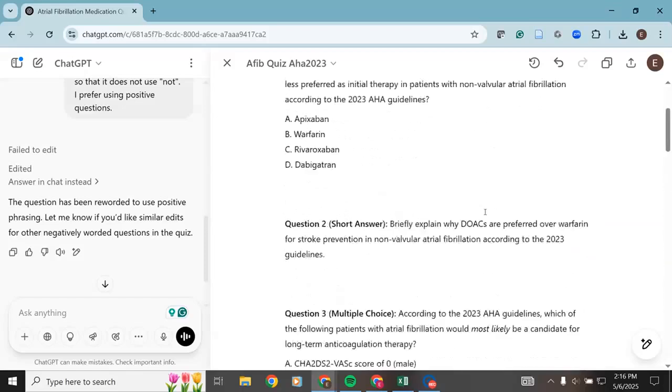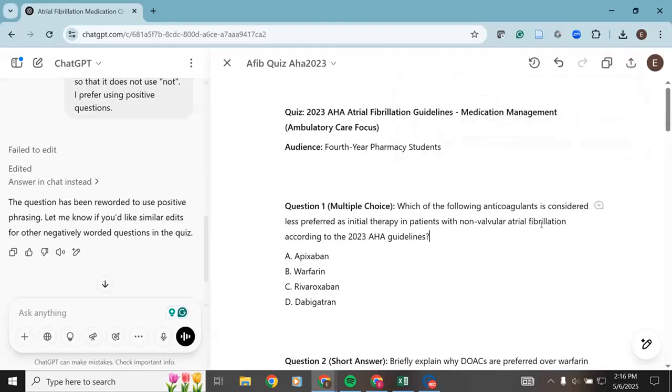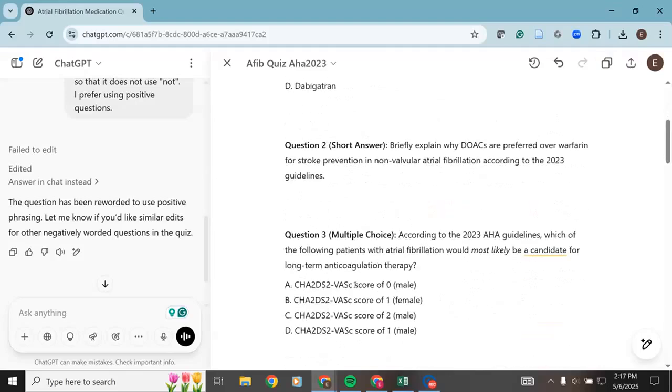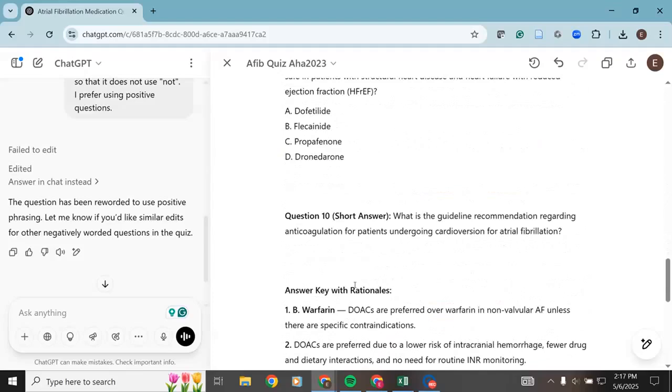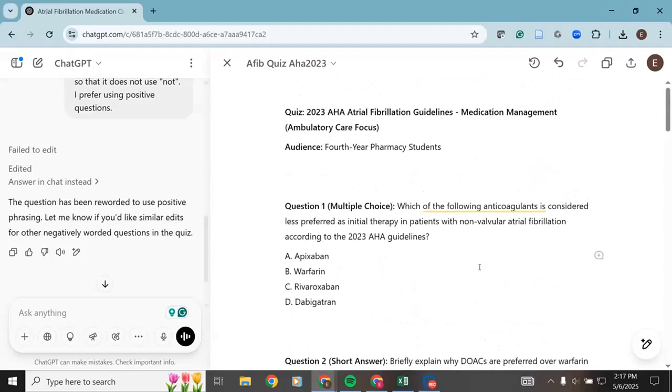and then you can share it with people. You can copy it here, the whole thing, and paste it into a Word document. You have a lot of options here. So it's great for on the fly. This would take a little bit of time if I were just trying to come up with it on my own. So I encourage you to check this out and see if you can find some quizzes that would match